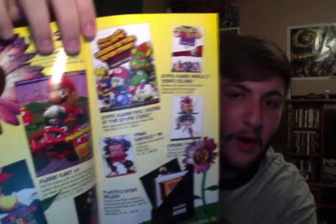Next up is the Super Power Supplies for the spring of 1997. And a lot of the things in here are, like, if I could still order them to this day, I would, because they are amazingly priced, considering things like the Final Fantasy III official strategy guide, the Chrono Trigger strategy guide, the Super Mario RPG strategy guide, just all these different strategy guides, and they're all priced at either $15 or $20. I would have definitely purchased those had I known back then, but